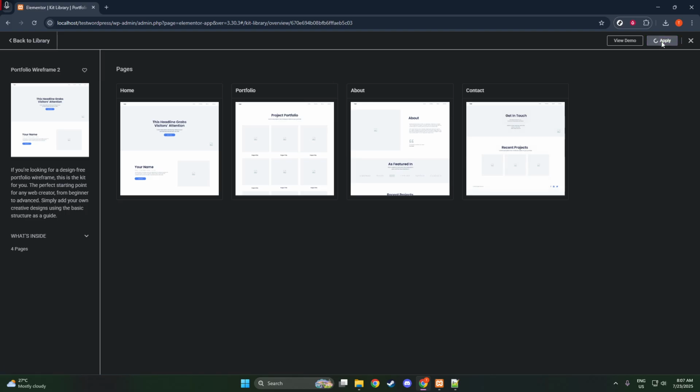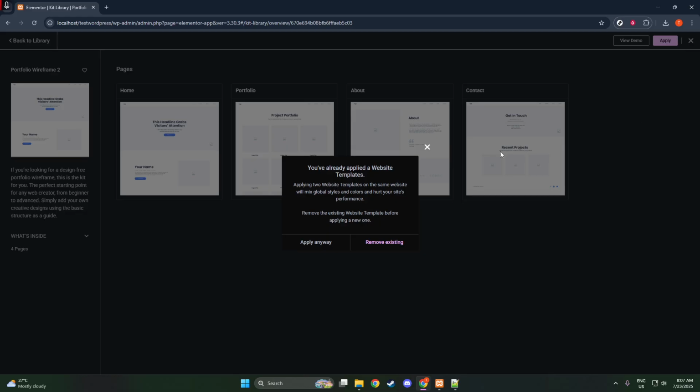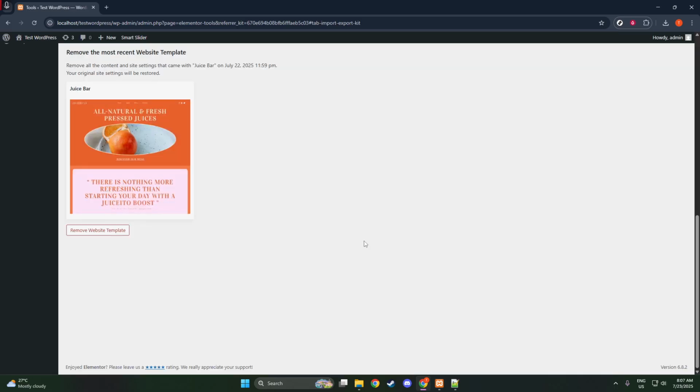Now, if you're happy with the kit and ready to use it, you can proceed to import it. Click on Apply or Apply All to bring the kit into your workspace. You'll be given the option to choose specific components to import. This includes templates, which are the essential site parts, content, covering pages and posts, and site settings, which include global